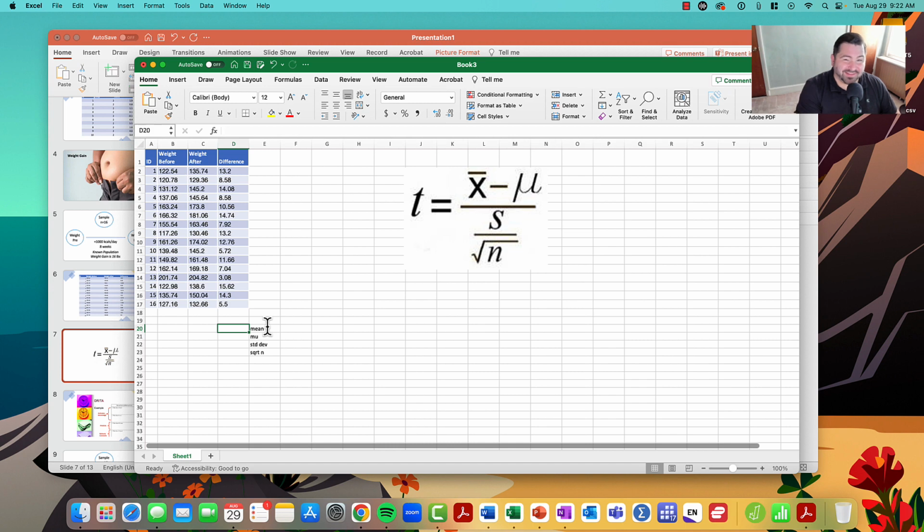So, remember, the dependent variable in this case is not the weight before or after, but it's the difference in weight pre to post. And so that's the column that I want the average of. In order to generate that, I'm going to set my cell equal to and use my average command that we learned in a previous video, open parentheses, and select the data that I want the average for. I'm going to make sure that I close the parentheses and hit the enter key, and I can see that the average is 10.408. I have a known population parameter of 16 that was given to me,